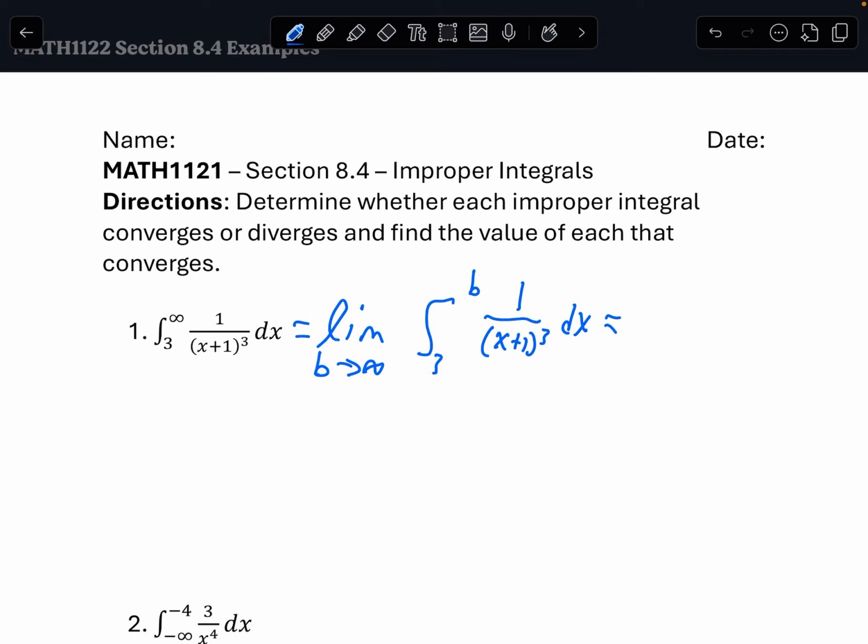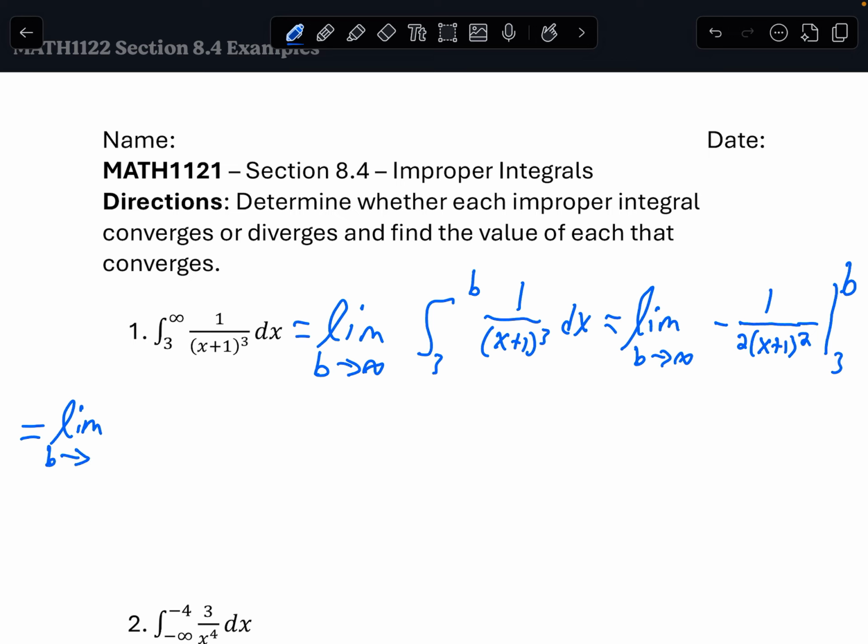So applying that integration, this is the limit as b approaches infinity of, this will be negative 1 over 2 times (x plus 1) squared, and this is evaluated from 3 to b. So, applying that fundamental theorem of calculus, this makes the limit